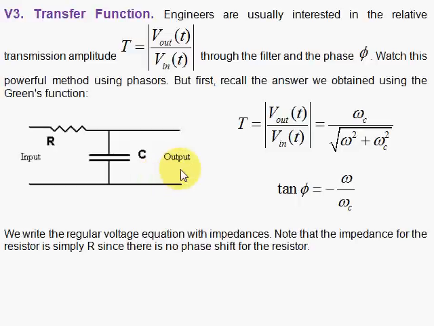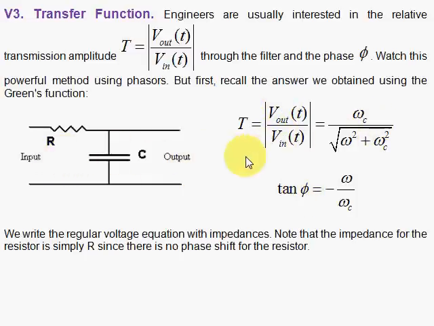So the way you set this up is using the phasor idea. And we know the answer from our calculation with Green's functions, the convolution, to be given by this formula, and our phase by this formula. And remember, we're driving this system with an input sinusoidal wave, and we're looking at the output, which is a sinusoidal wave with a phase shift given by phi,